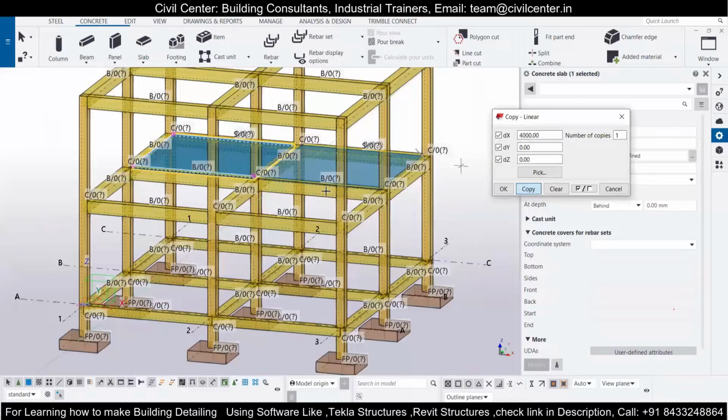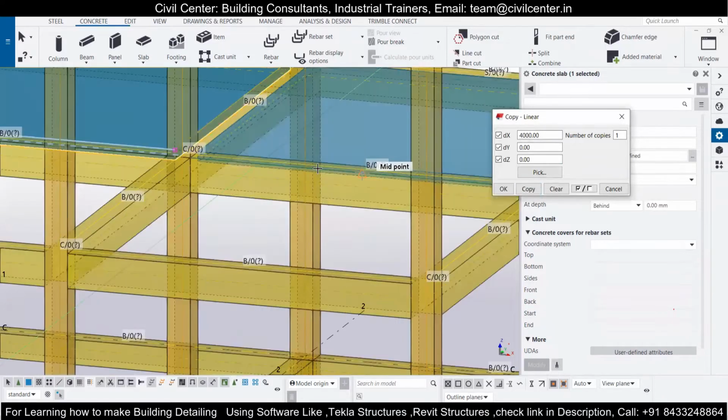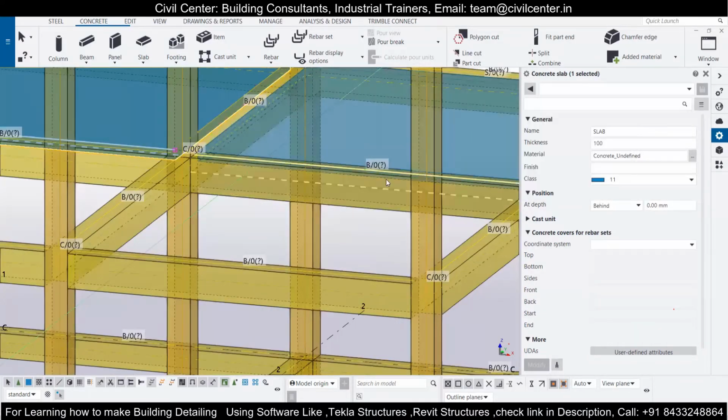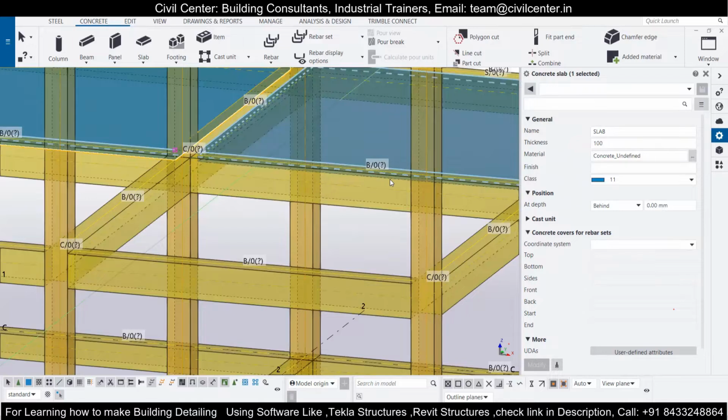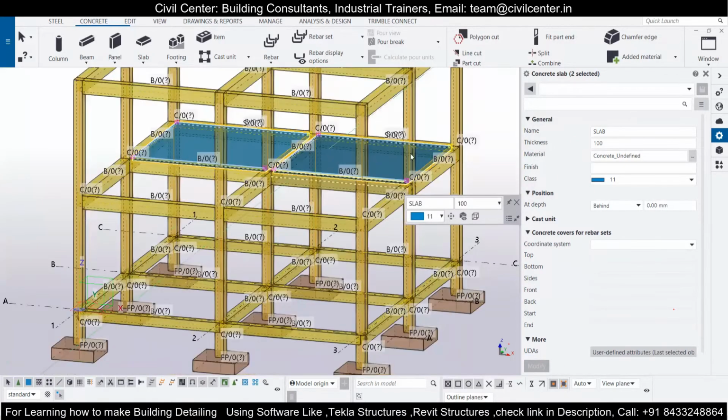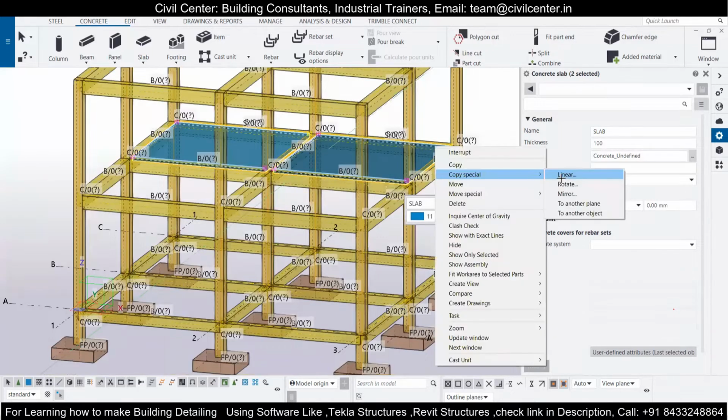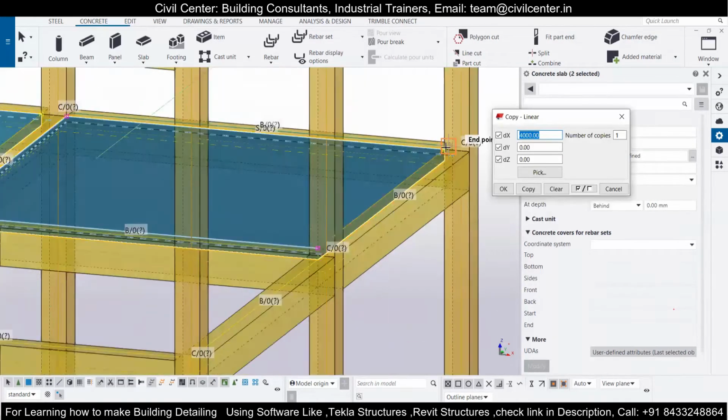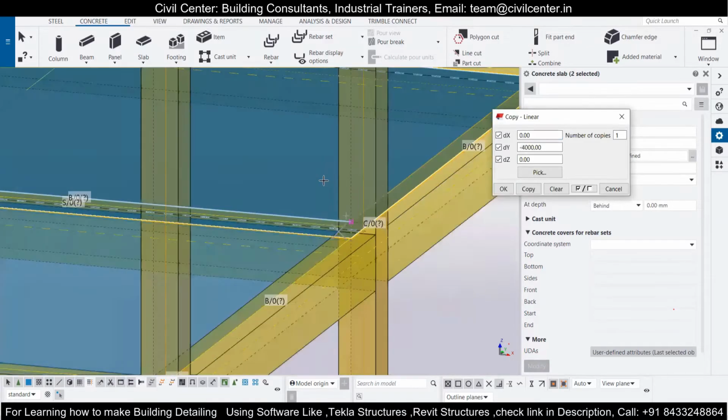Now the next thing I can do is select the two slabs at a time, hitting the control button on my mouse. Then I will copy special, go to linear, grab the point and bring it to the endpoint. So you can see all my slabs have been copied.